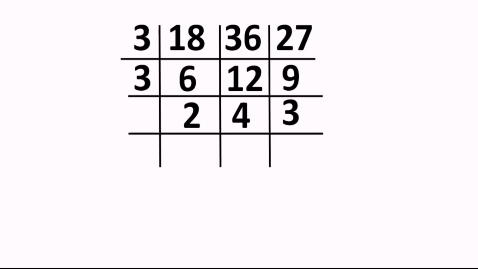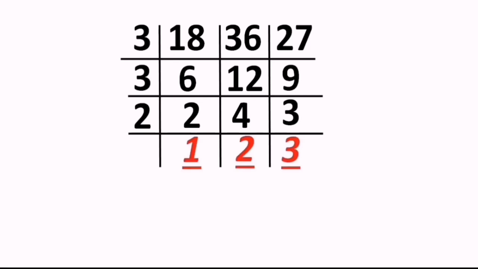Okay, so our rule says that we have to stop only when no two of them are divisible by the same number. But presently over here, 2 and 4 are divisible by 2 itself, right? So we have to choose 2. When 2 is divided by 2, the answer is 1. 4 divided by 2, the answer is 2, and the last one, 3, is not divisible by 2, so 3 will be written as it is. And now check the bottom layer. We have 1, 2 and 3, and no two of them are divisible by the same number, right?